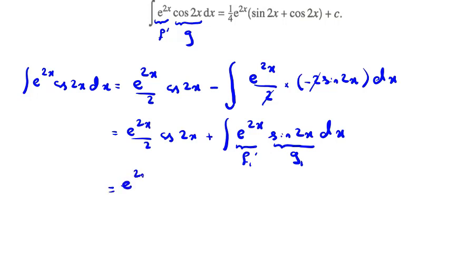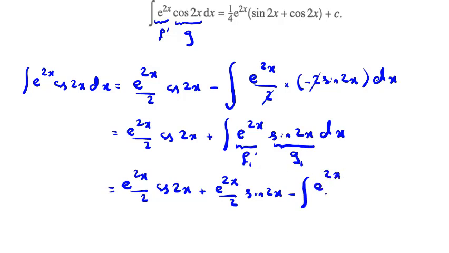So here we write at first e^(2x) over 2 cos 2x plus f1g, which is e^(2x) over 2 sin 2x, minus this part that equals f1g prime. It will be e^(2x) over 2, and g prime will be 2